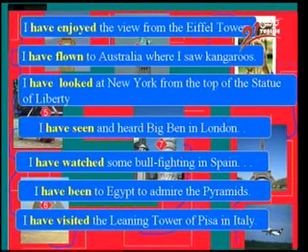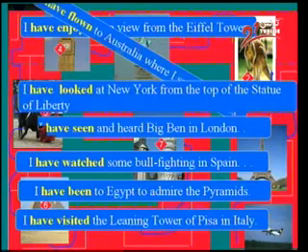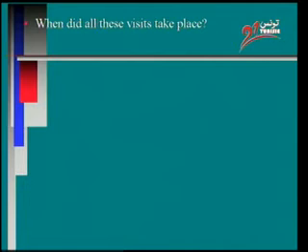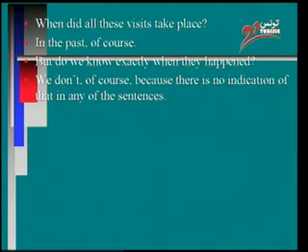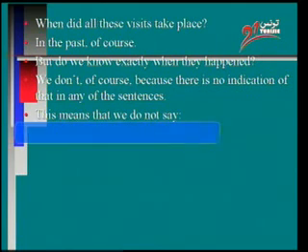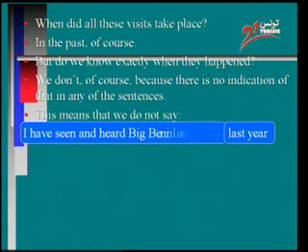Let's focus now on the verbs. How many parts are there in each verb? There are 2 parts, the auxiliary have and the past participle of the verbs. When did all these visits take place? In the past, of course. But do we know exactly when they happened? We don't, of course, because there is no indication of that in any of the sentences. This means that we do not say, "I have seen and heard Big Ben in London last year." We rather say,